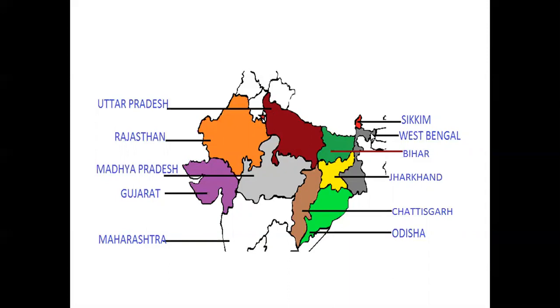So below Sikkim is West Bengal, and you come left to that. So this yellow color and the green color area was Bihar once upon a time. That Bihar got divided into Jharkhand and Bihar. So I think we have finished everything. So these two you will know.